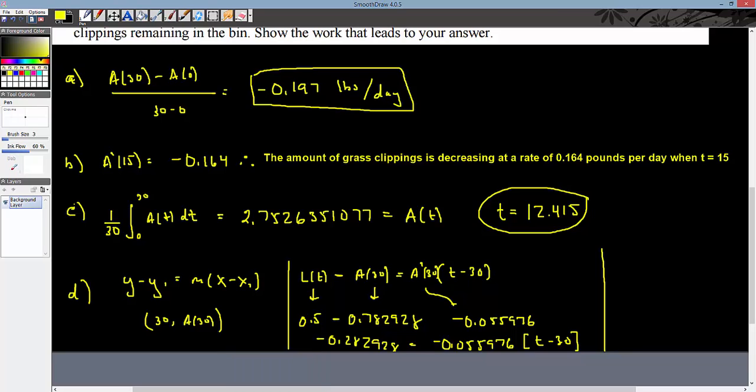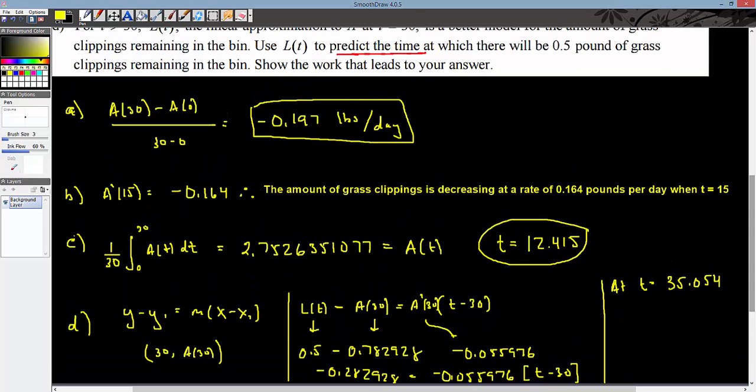So you would say at t equals 35.054, the amount of clippings remaining will be 0.5 pounds. Cool. Those are your